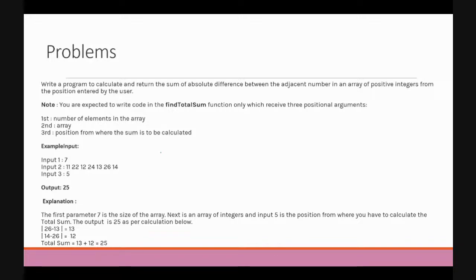First of all, I hope everyone knows what an absolute difference means. An absolute difference means, if I'm subtracting 3 minus 5, in a normal subtraction, 3 minus 5 would result in minus 2. Whereas in absolute difference, the resultant value will always be positive, even though the normal result is a negative one. So this is the absolute difference.